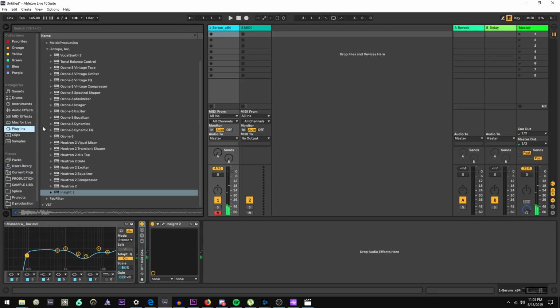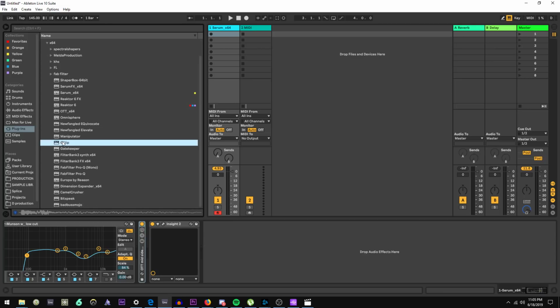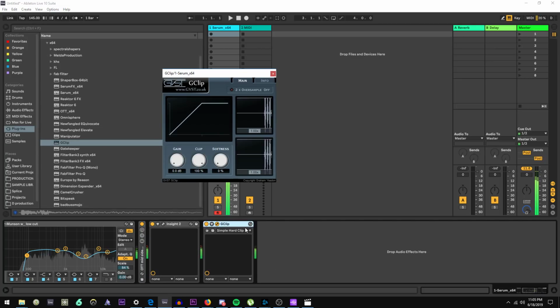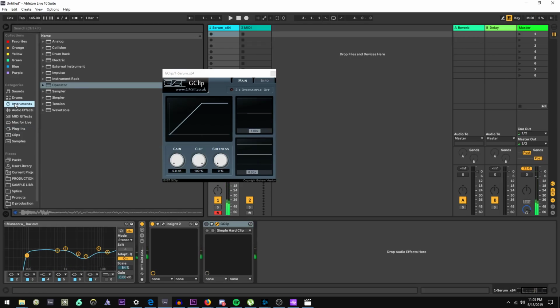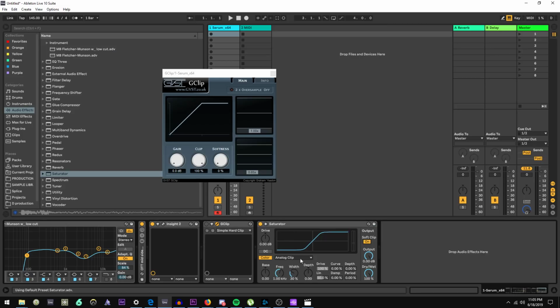And then the all-important G-clip. So G-clip is just a soft clipper. You could also use an Ableton saturator if you wanted to, just a soft clip on. So what soft clippers do, or distortion units do, for the most part, I would say this applies more to the idea of a soft clipper than it does a distortion unit, because not all distortion units are the same, but a soft clipper will cut everything off at 0,